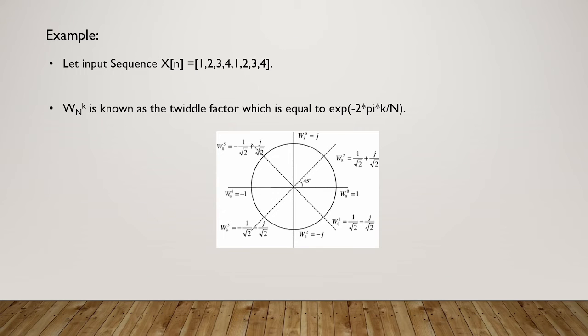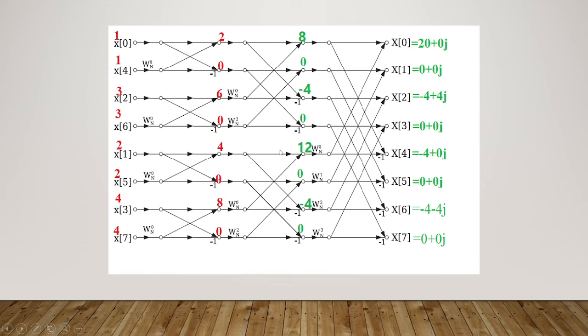Let us consider an example where the input sequence x of n is 1, 2, 3, 4 and 1, 2, 3, 4. W_N^k is known as the twiddle factor, which is equal to e^(-j2πk/N). Here we can see the values of the twiddle factor where N is equal to 8. Now coming to the example, the input